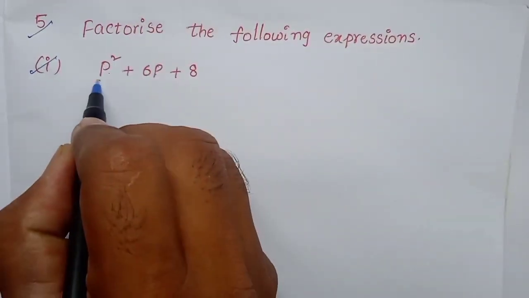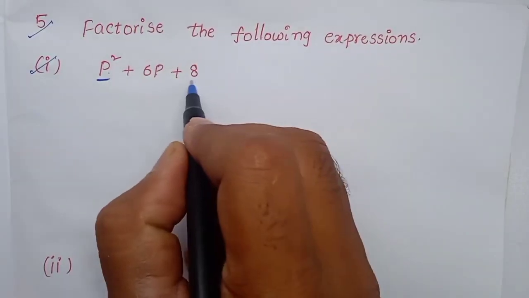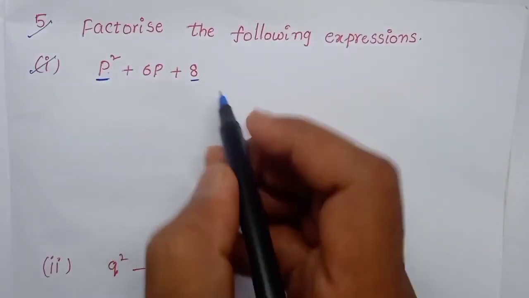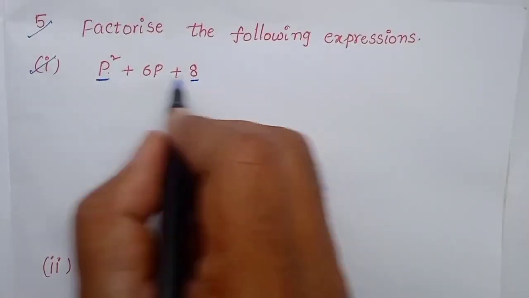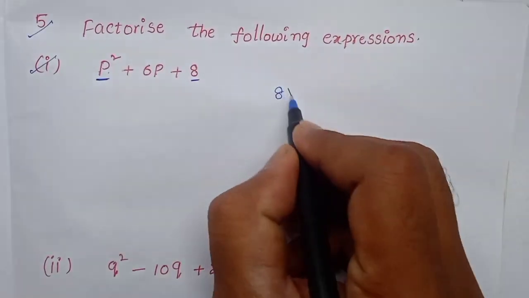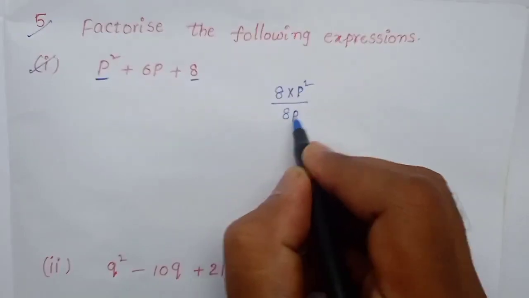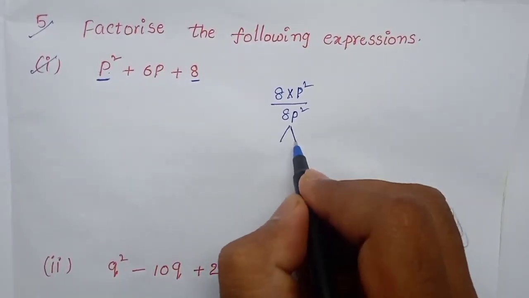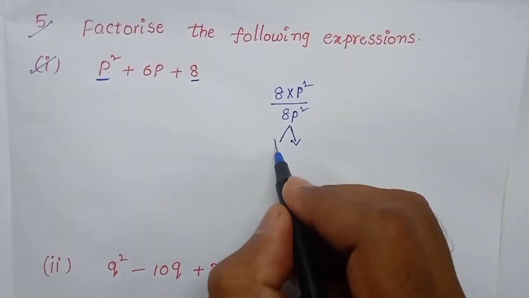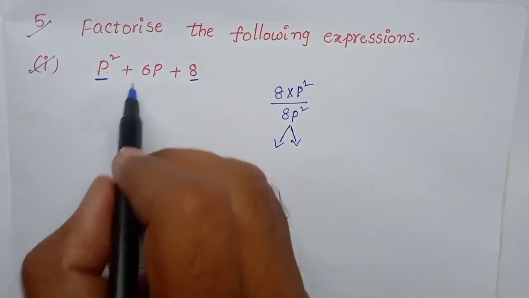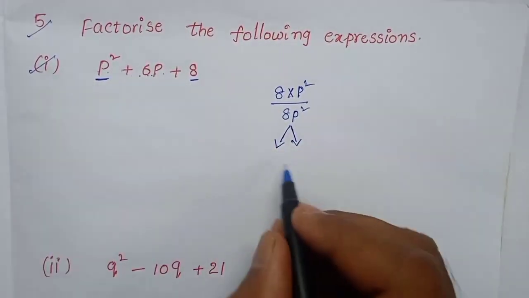సో జస్ట్ మనం ఏం చేస్తామంటే ఇక్కడ ఏదైతే స్క్వేర్ టర్మ్ ఉంటుందో అండ్ కాన్స్టాంట్ టర్మ్ ఉంటుందో ఆ రెండింటిని మల్టిప్లై చేస్తాం. సి, 8 ఇంటూ p స్క్వేర్ గివ్స్ అస్ 8p స్క్వేర్. దీన్ని మనము ఫ్యాక్టర్స్గా రాయాల్సి ఉంటుంది. ఫ్యాక్టర్స్ యొక్క సమ్ మనకు ప్లస్ 6p రావాలి. సో సి,